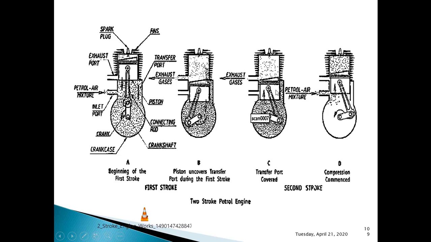You all know the function of the exhaust port, inlet port and transfer port, and once you know the function of those ports, along with the fact that during the downward movement of the piston it uncovers the exhaust port and transfer port while covering the inlet port, and during the upward movement it covers these two, the exhaust port and transfer port, while uncovering the inlet port,